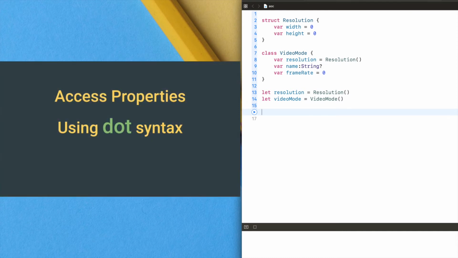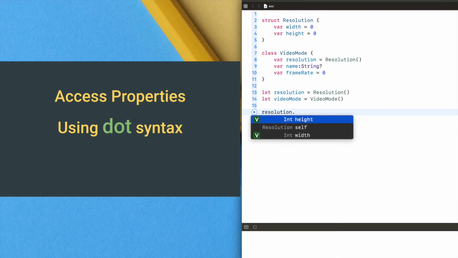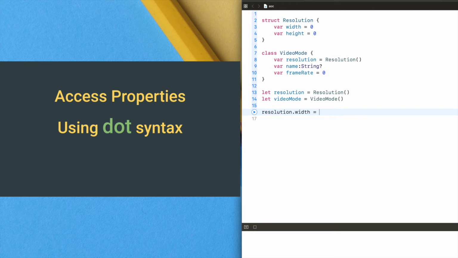How we can access the properties of a structure or class? We can use the dot syntax. For example, resolution dot width is equal to 1080 and resolution dot height is equal to 720. Let's print it.